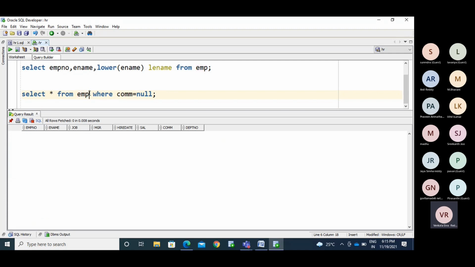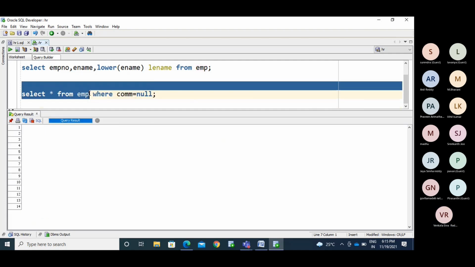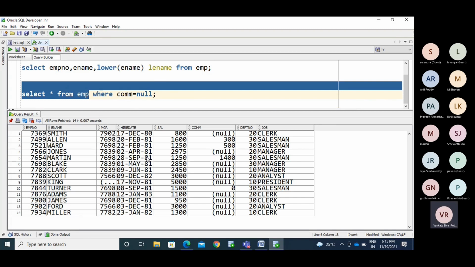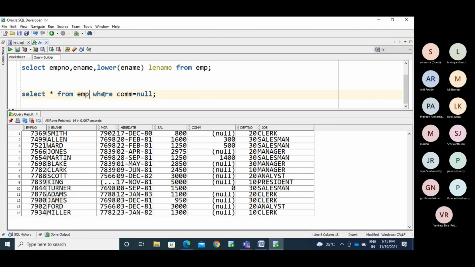Now we have this employee table. In this, which employee does not have commission? I need to make it like, I say, default commission for those employees as 100 rupees.